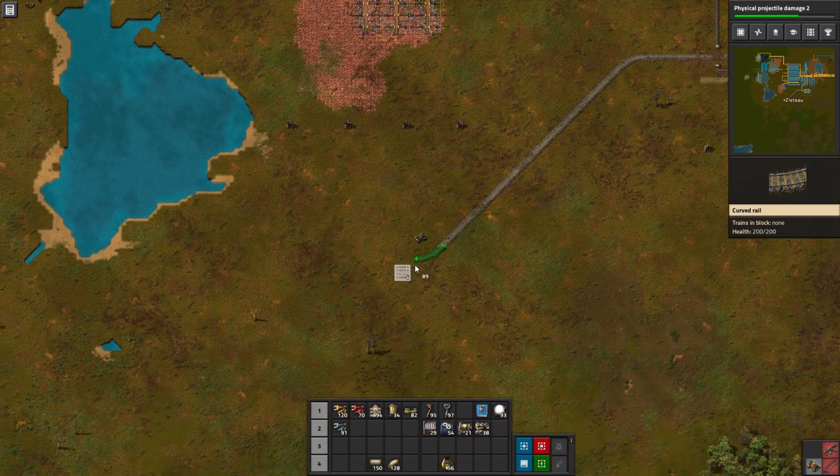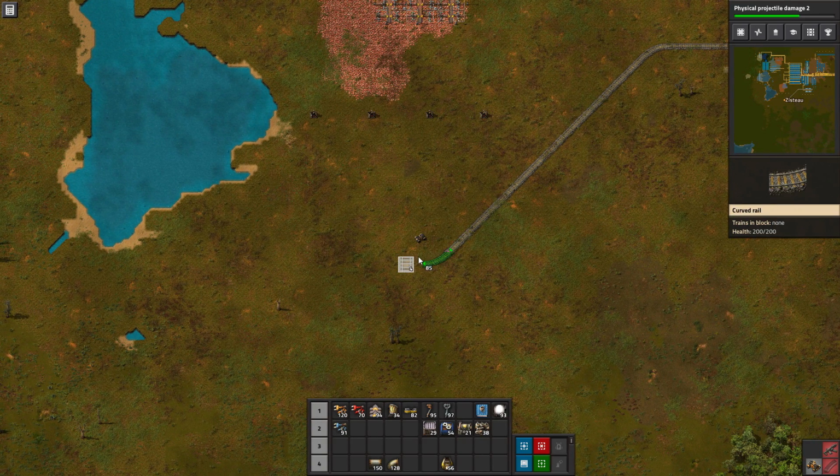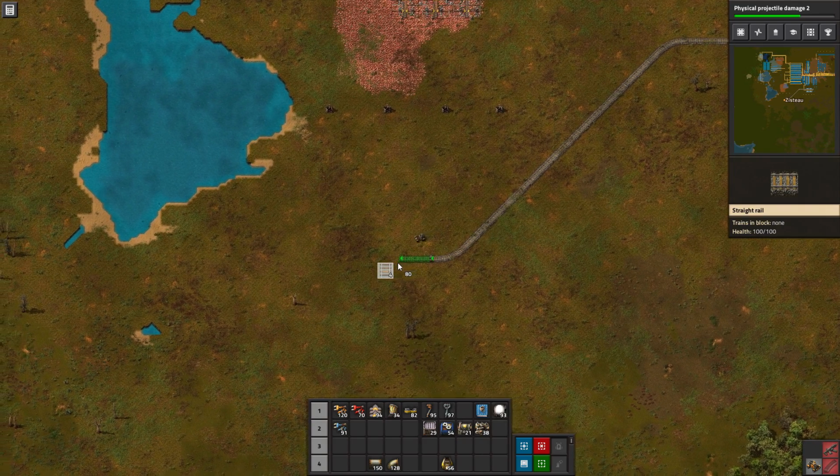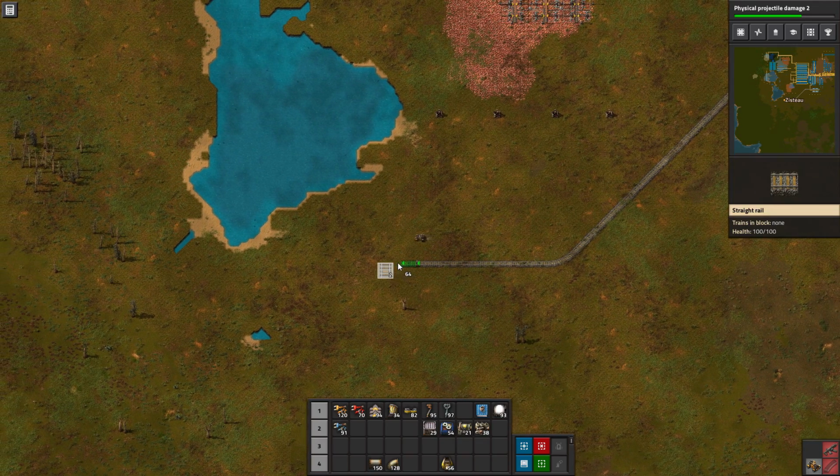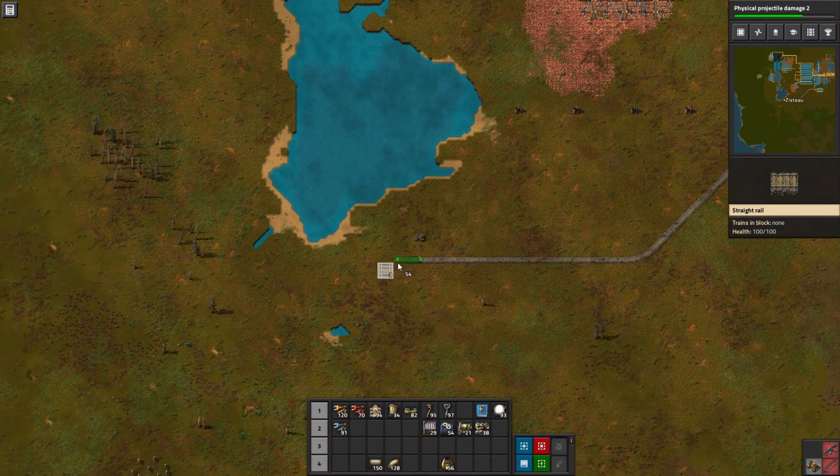For the most part, aliens tend to ignore trains themselves, and once a train is up to speed, they can pretty much plow right through aliens. So we only really need some turrets over by the outpost, which...